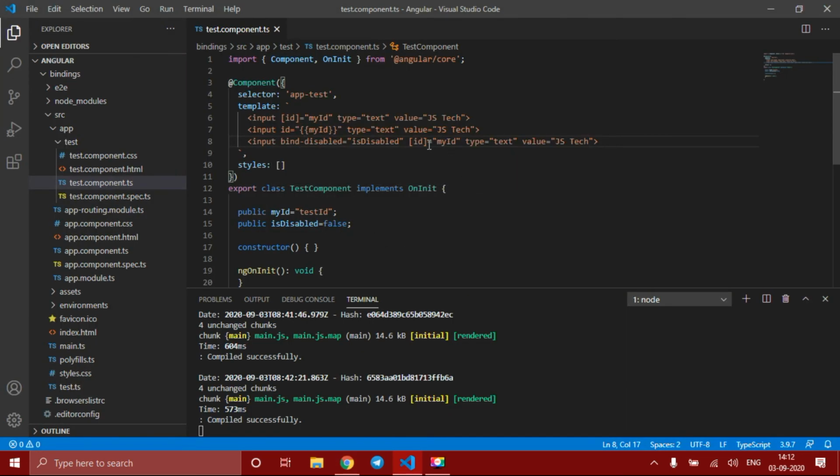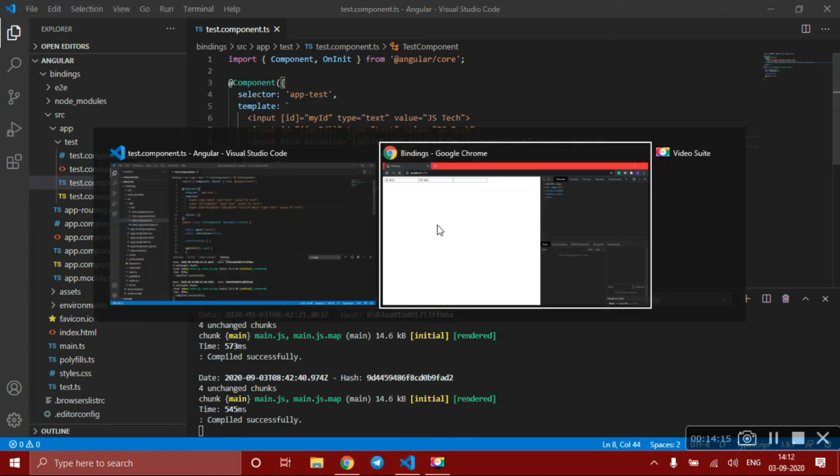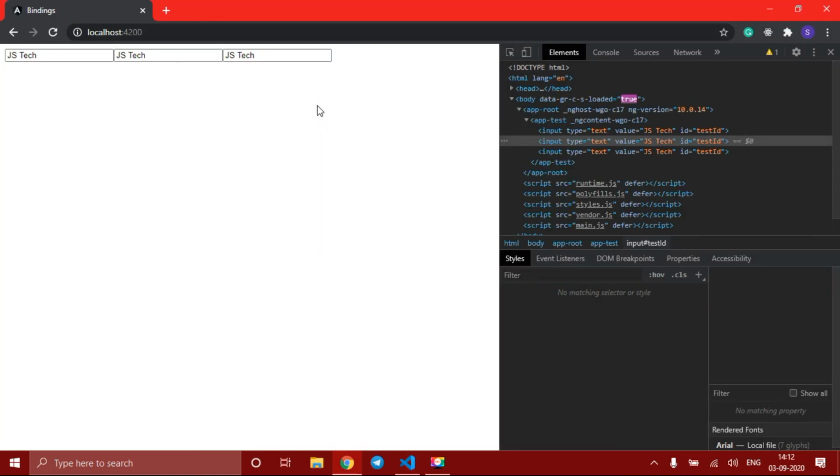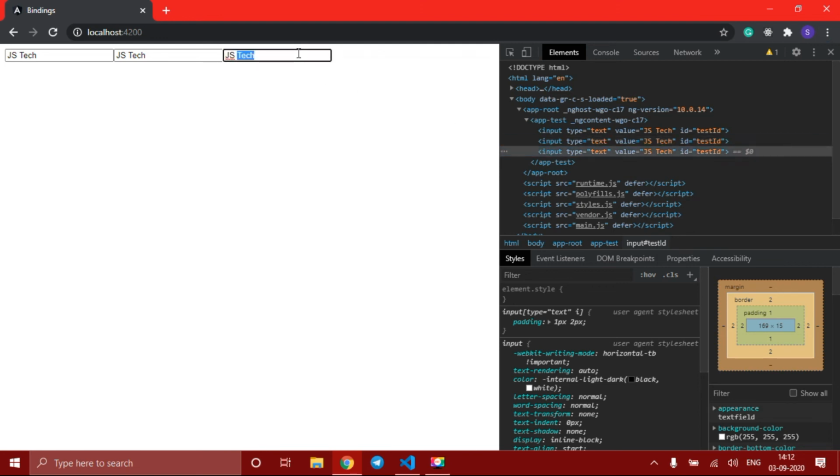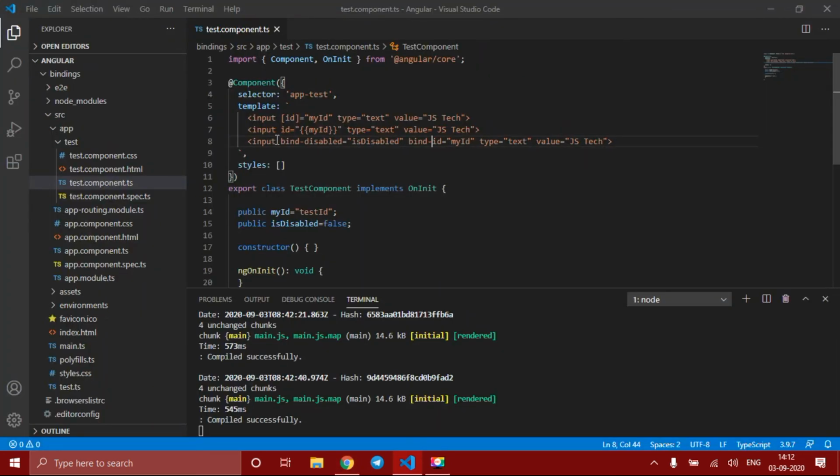I can remove the square brackets and use bind hyphen also. There is no change of anything. You can see that id is also test id for my third element, since we have changed bind to the third element. So this is all about property binding, and in the next video we shall see class binding.